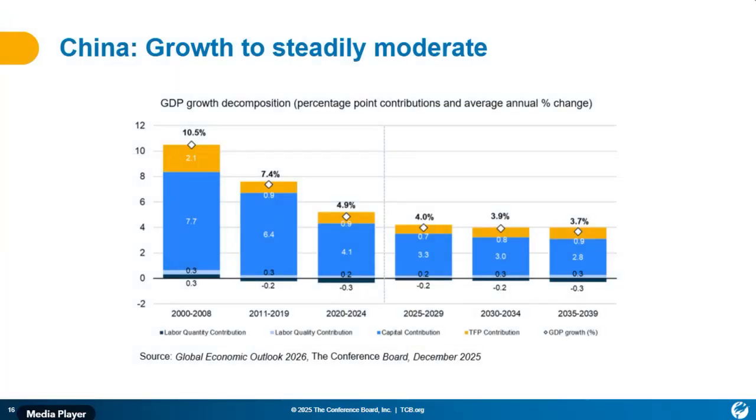Yeah, well, let me start from the top. Similar to the chart that you both have shown for the global economy and the U.S. economy, the Chinese economy shows a similar picture of gradual downshift, but with some different components at work. You'll notice that capital contribution remains very, very significant. Labor contribution is actually negative, and this is due to demographic effects. And TFP growth, total factor productivity growth, the yellow bar, makes a slight contribution.